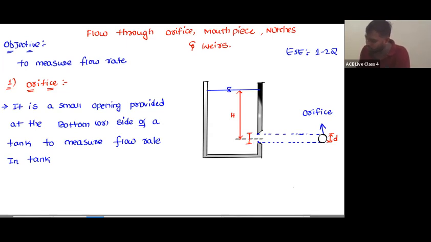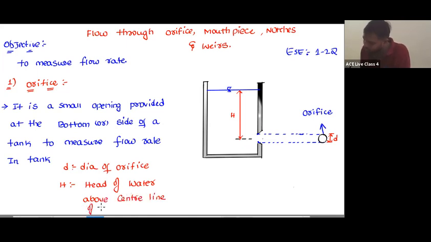So now you see, D is the dia of the orifice, and H is the head of water above the center line of the orifice. So if D is the dia of the orifice and H is the head of water above the center line of the orifice,